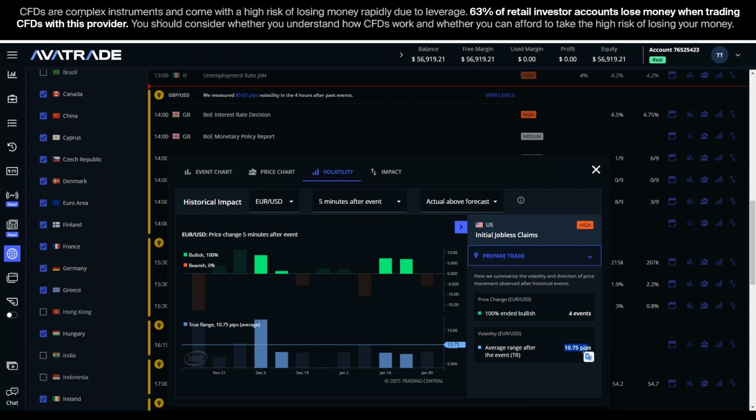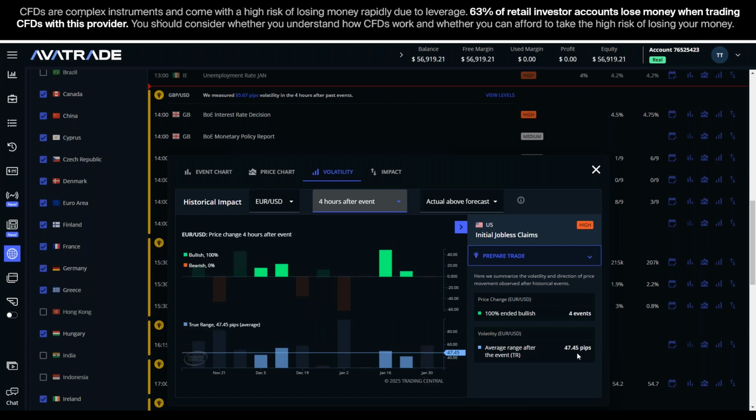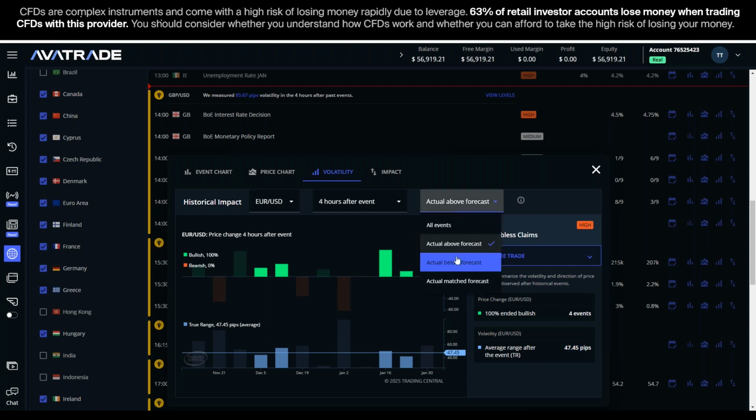If you already have your order window ready to go, if this comes in above forecast and I want to buy, as long as it's 10 pips or less rise, in the past, it's gone after 4 hours, average range movement, 47 plus pips. Okay, so there's no guarantee you're going to win, but this is data-driven trading. If you get an entry point you like with statistics like this from the past, then maybe you make a trade, right?